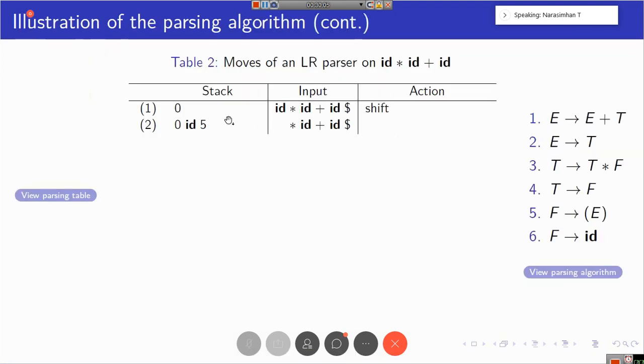So if I pop two symbols, what will happen is ID and 5 will be popped. That means 0 is the symbol that is left in the stack now. What you need to do, you need to go to 0 and the left hand side. Left hand side is F. You need to find the combination, go to 0, F. Let us do that now. Go to 0, F is 3. The next state is 3.